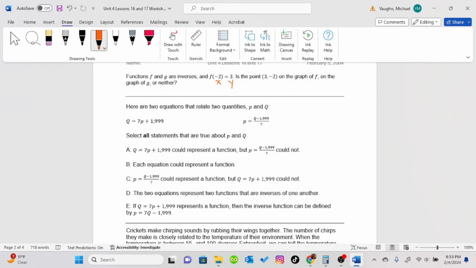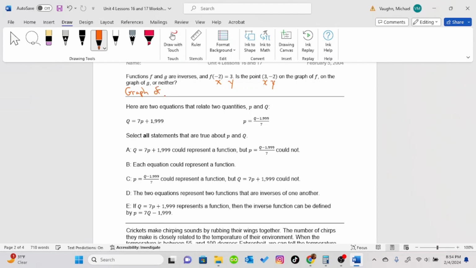So in the point, we're saying 3 is x, and negative 2 is y. So this would not be on the graph of f. But by definition, an inverse swaps the x and y values. So the answer here would be